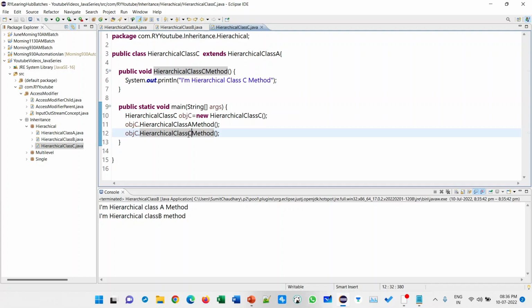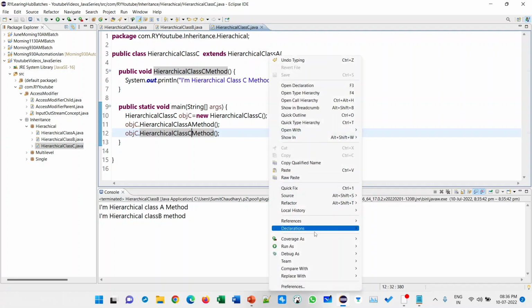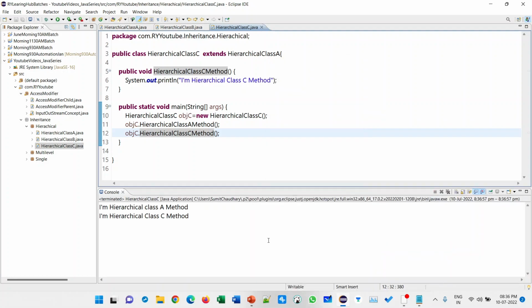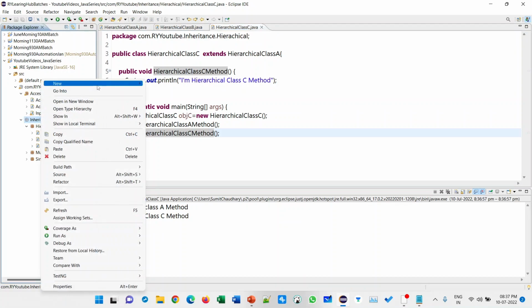Now the next one is multiple. Multi-level and multiple are both different.